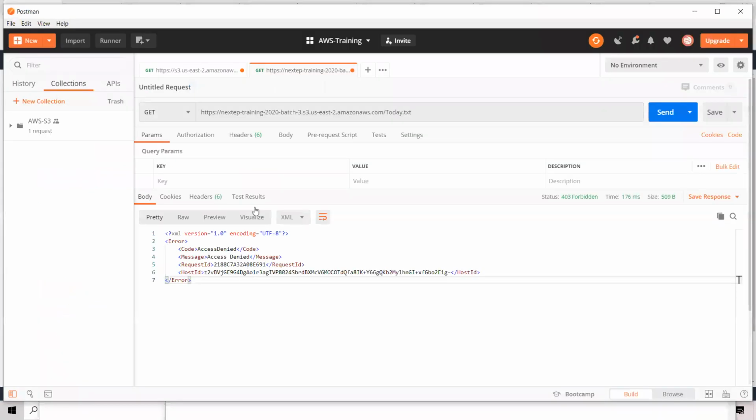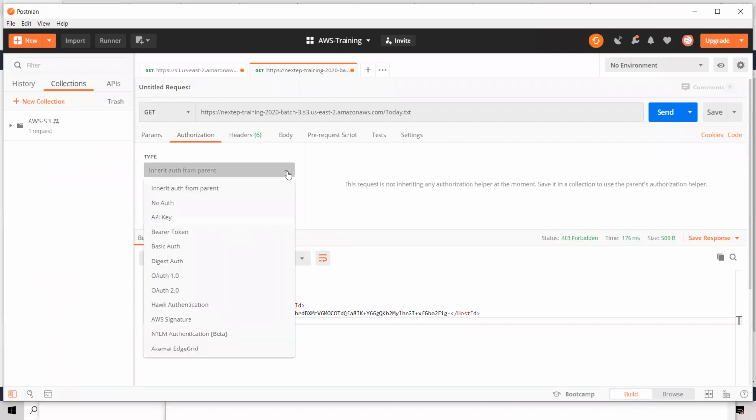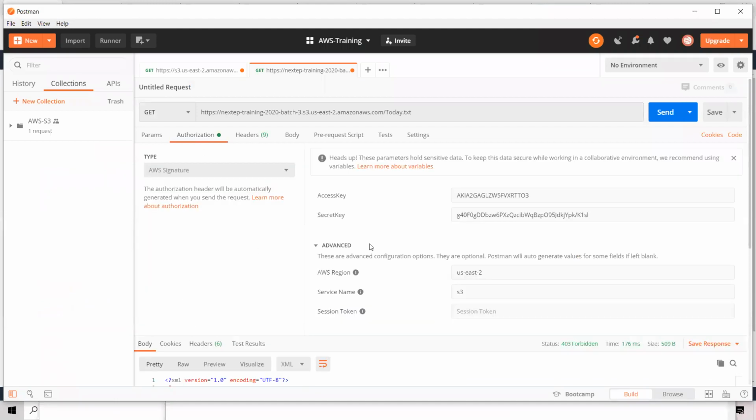And I'm going to use his credentials and give them to Postman. I'll go to authorization, and in the newer versions of Postman, you go down here and see AWS Signature. So you have to use credentials here.